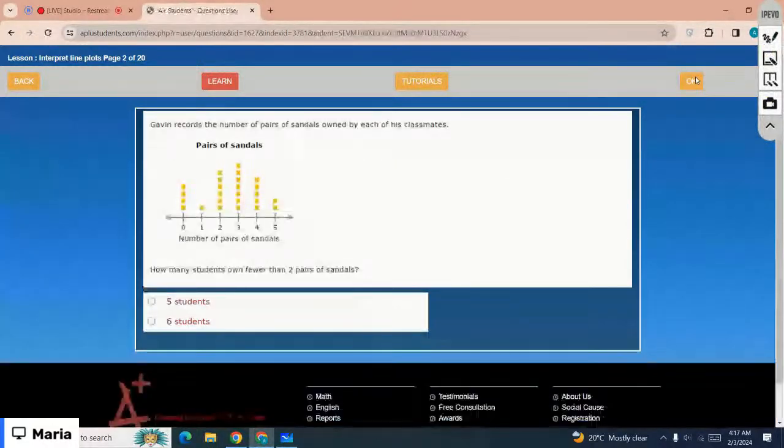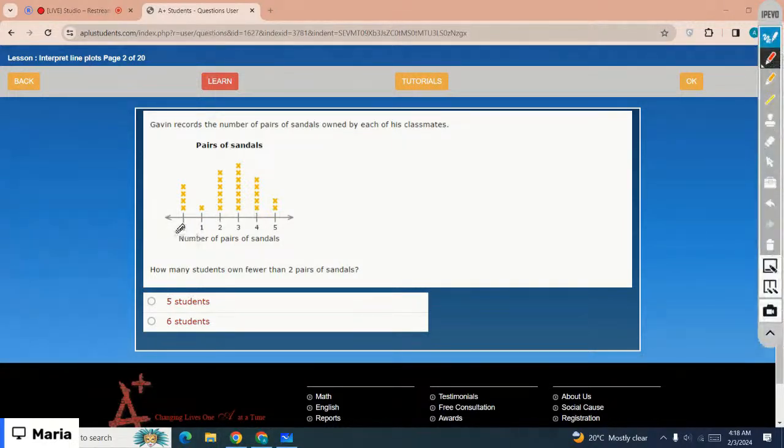The next one is Gavin needs the number of pairs of sandals owned by each of his classmates. How many students own fewer than two pairs of sandals? Which is the correct option? Fewer than two, right? You have been given the number of pairs of sandals. You have to see who owns fewer than two pairs, right? So fewer than two are the values that are